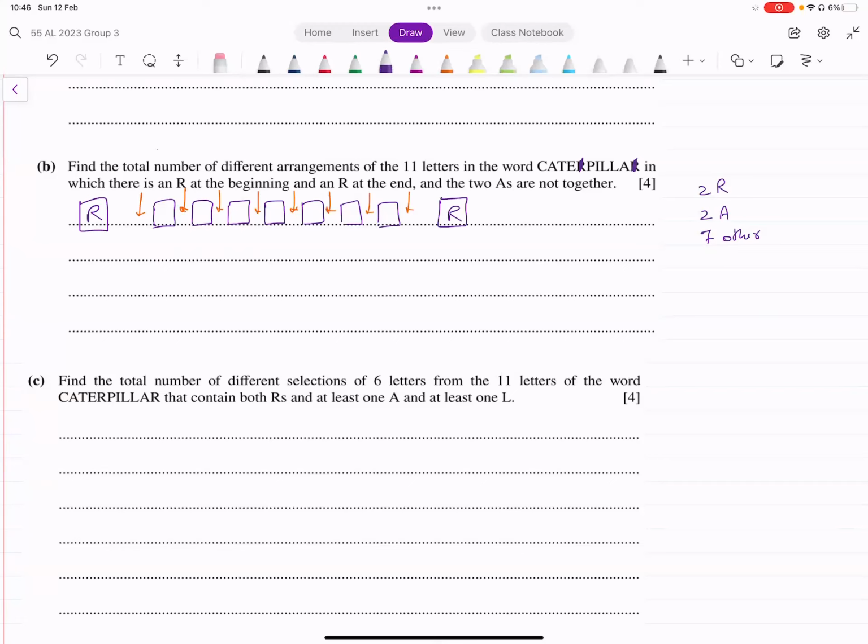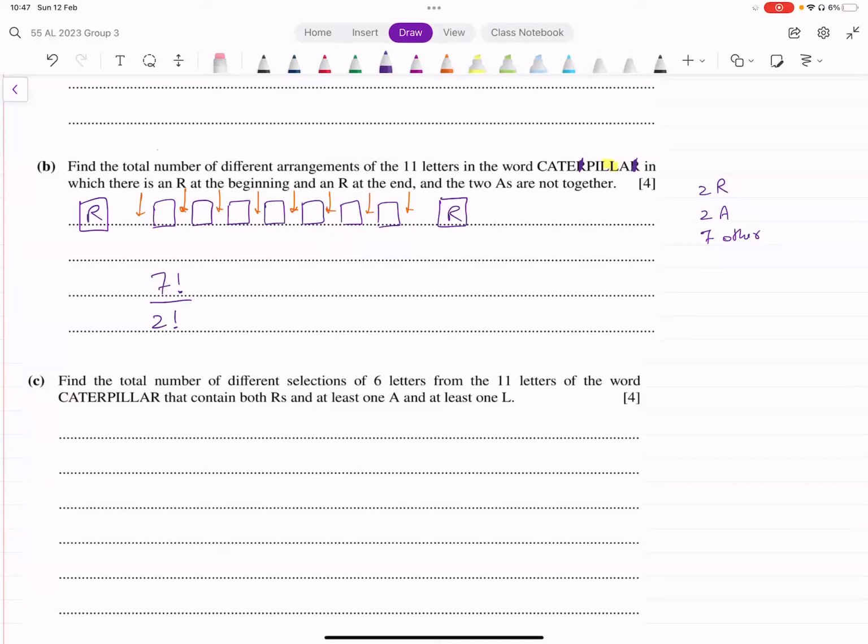तो अब इन boxes के arrangements, there are 7 boxes, 7 factorial, but out of them we have 2 L's. ये repeat हो रहे हैं. इसकी वजह से आप क्या करोगे, 2 factorial divide कर दोगे इसको. And then you think about the number of arrangements of these two A's जो आप यहाँ पे place करोगे अब दरम्यान में, right? There, how many gaps are there? There are 8 gaps. That's going to be 8